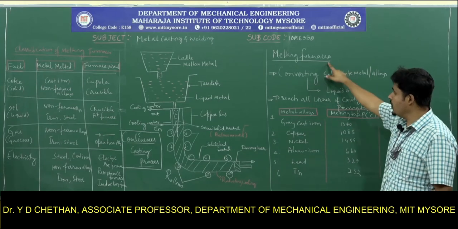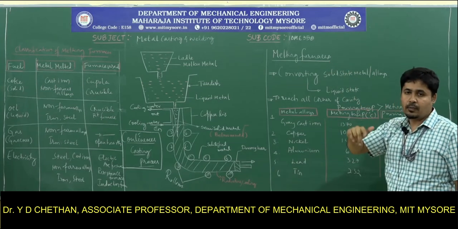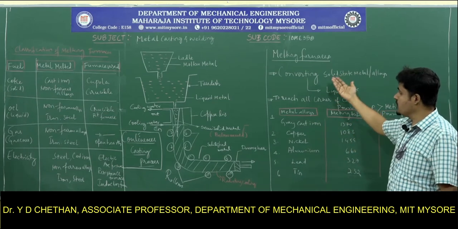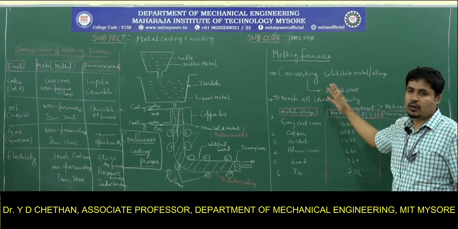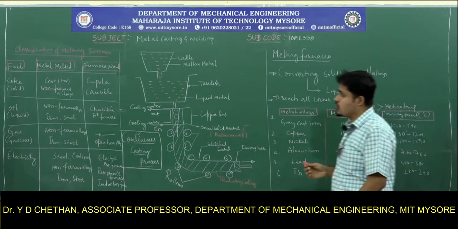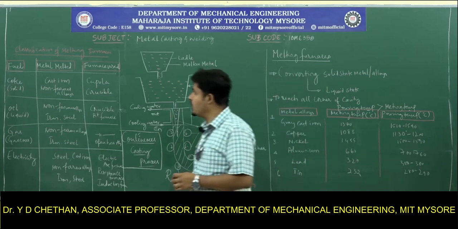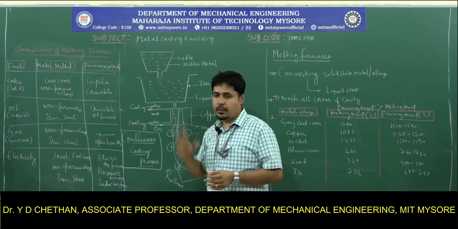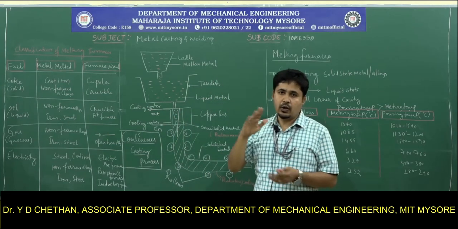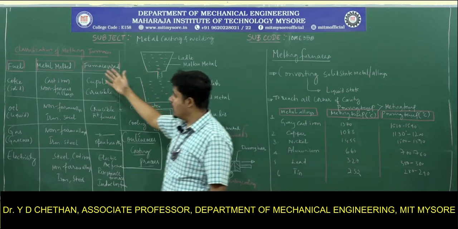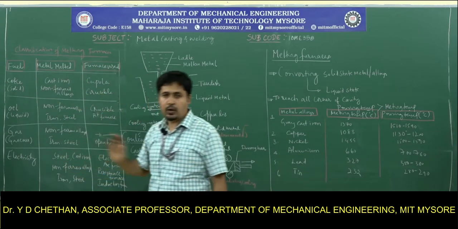So the function of the furnace is to elevate the temperature from melting point to pouring temperature, and one more function is that it converts the solid state of the metal or alloys into liquid state. Okay. The next concept is classification of melting furnaces. Based on the fuel being used and the state of the fuel, we can classify the melting furnaces, and that is depicted in this particular tabular column.